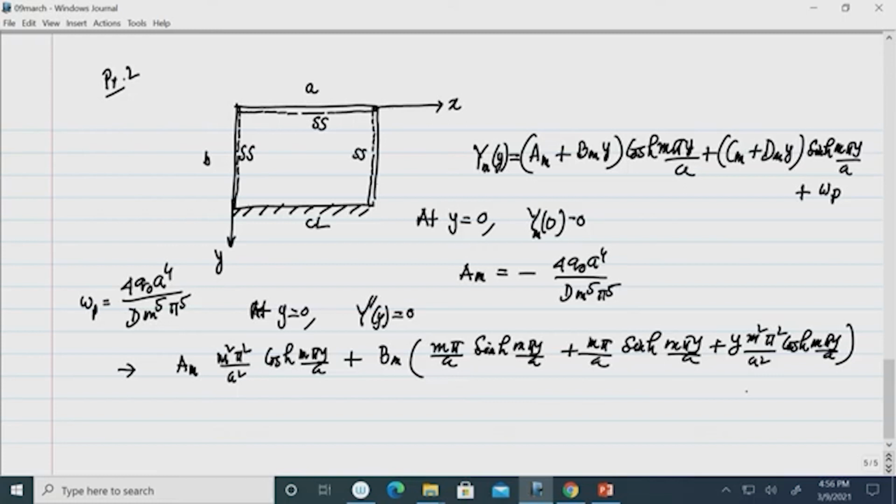So, this is the expansion of b_m, then on this c_m you will get c_m m square pi